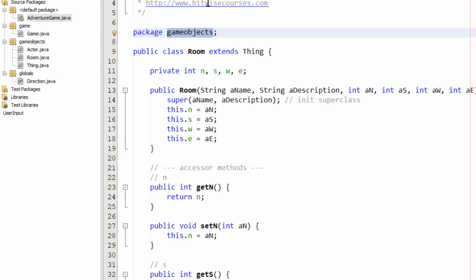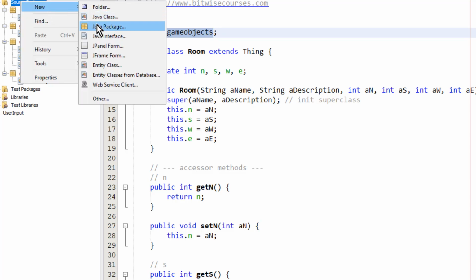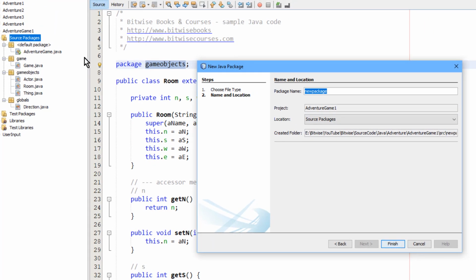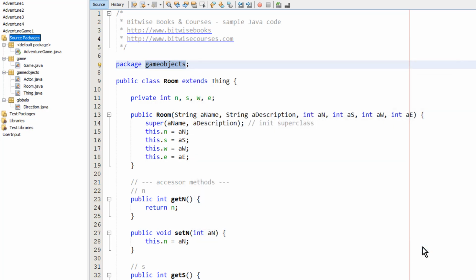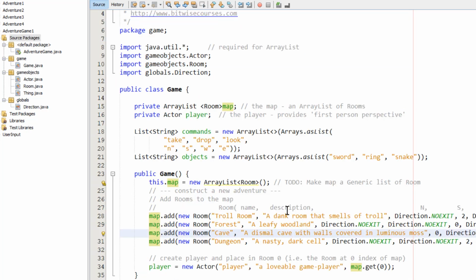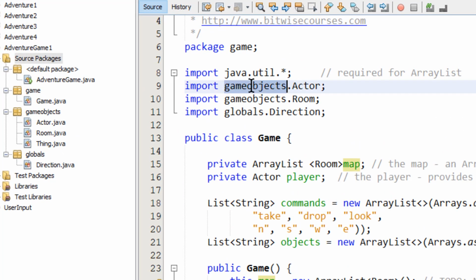Now, in fact, NetBeans, if you happen to be using that IDE, has a context menu. I can go up here and right-click, New, and select Java package. And I can use the dialog to help me create a package without doing it all longhand. Now, when your program needs to use code in a package, it can either import a single class using the package name, then the class name. Let's go to game.java, and you can see examples here. It imports actor